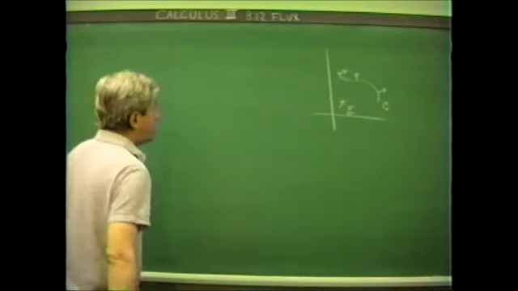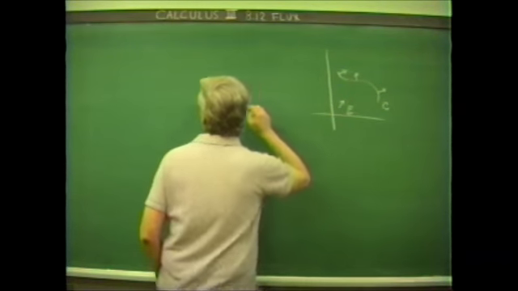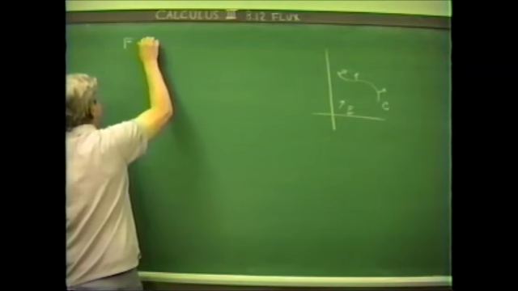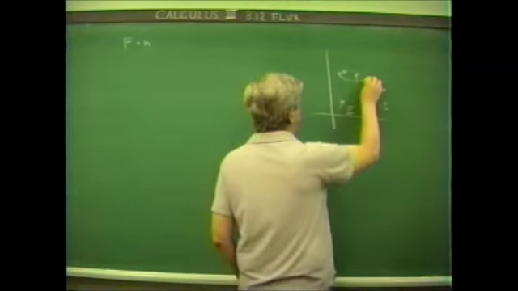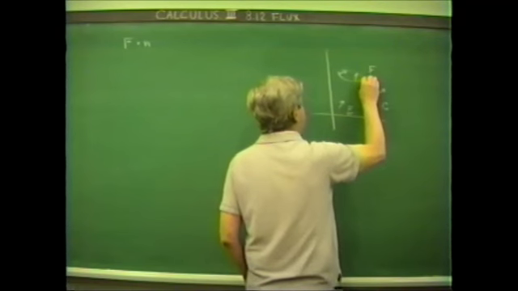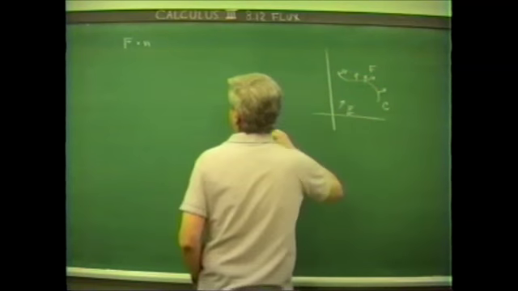Right? And the answer to that consists of taking F, dotting it with little n, where little n is the normal to the curve, so that if the fluid is flowing in this direction here, we take F and we dot it with little n,